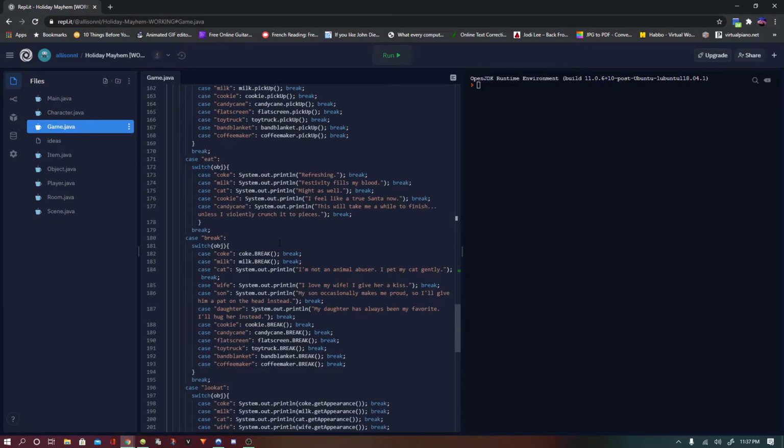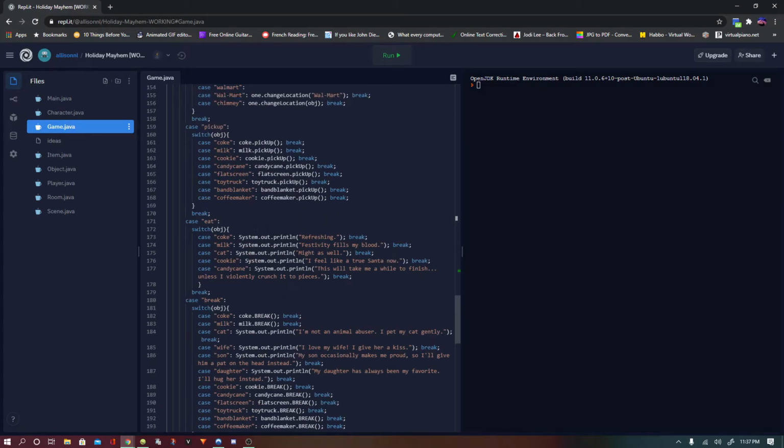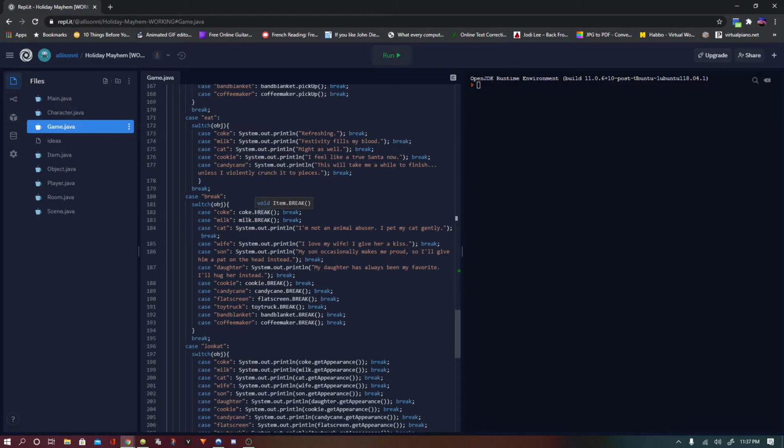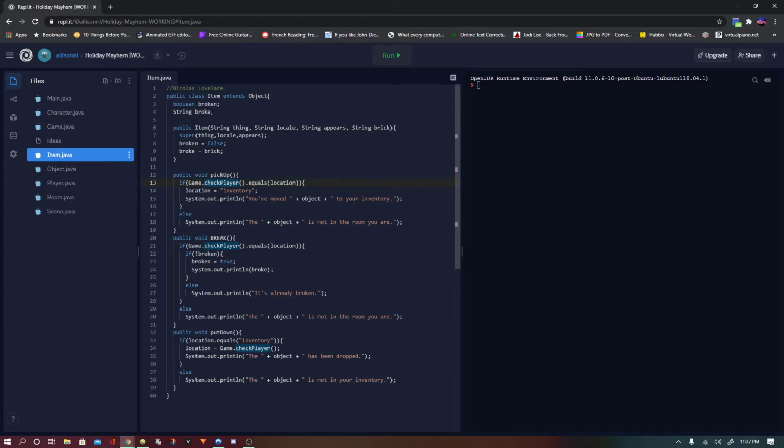So the next one is eating. When you eat it, nothing happens. Like I said, it just prints out a message. When you break it, you break this. And for some reason, I decided that I could have a break message stored for each of these, but not an eat message. So this is basically just printing something out as well. The only difference is that it does set the status to broken. There's a broken boolean, and then the string broke, which is what it prints out whenever you do that.